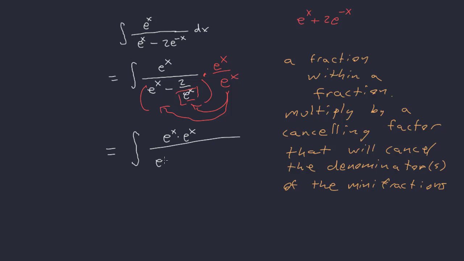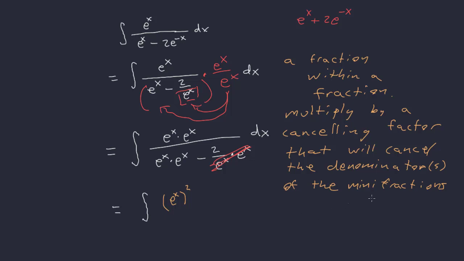Right? Down here I have e to the x times e to the x, and then I'll have minus 2 over e to the x times e to the x. So here, those e to the x's cancel, and it gets rid of our fraction within fraction stuff. Let me make sure my dx stuff is still there. Then, if I think about simplifying this, this is e to the x squared, all squared,